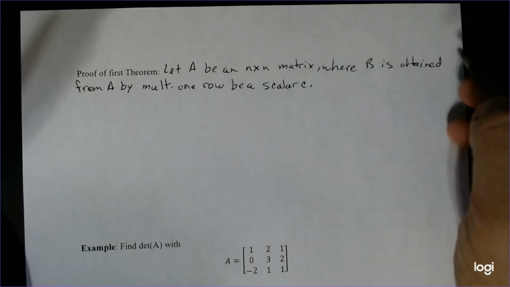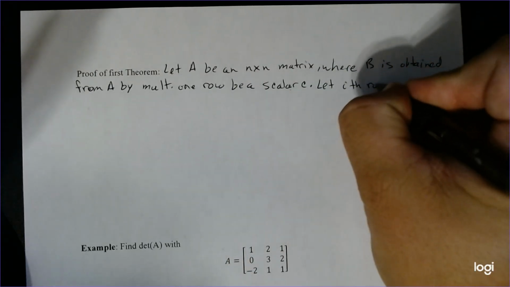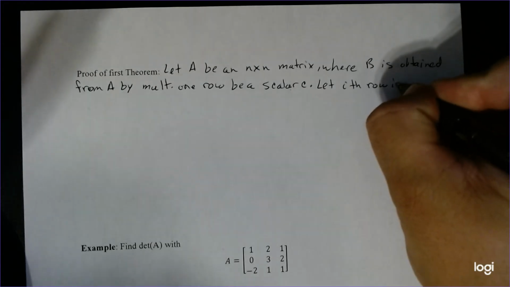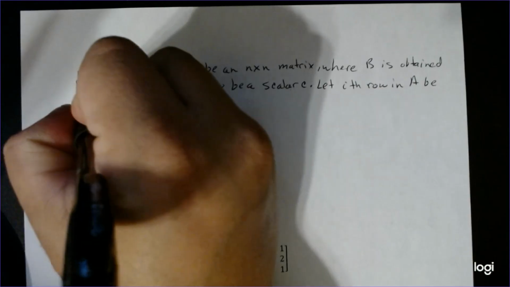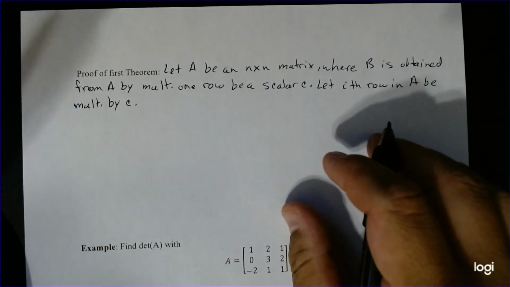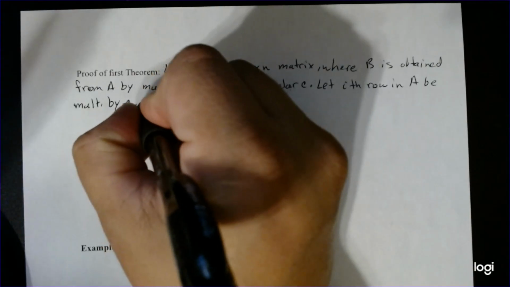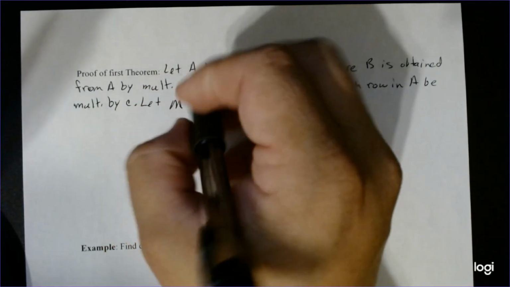So that row we're going to call the ith row, so that the ith row in A is multiplied by C. Okay. So now we're going to let the minor matrix Mij